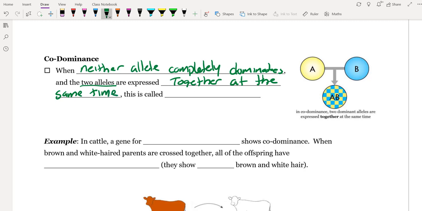This is called codominance, right? So co referring to both,